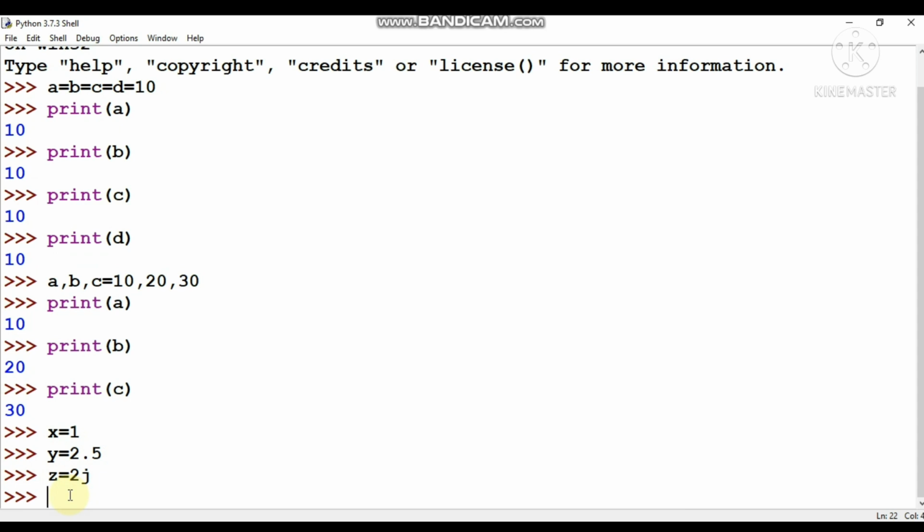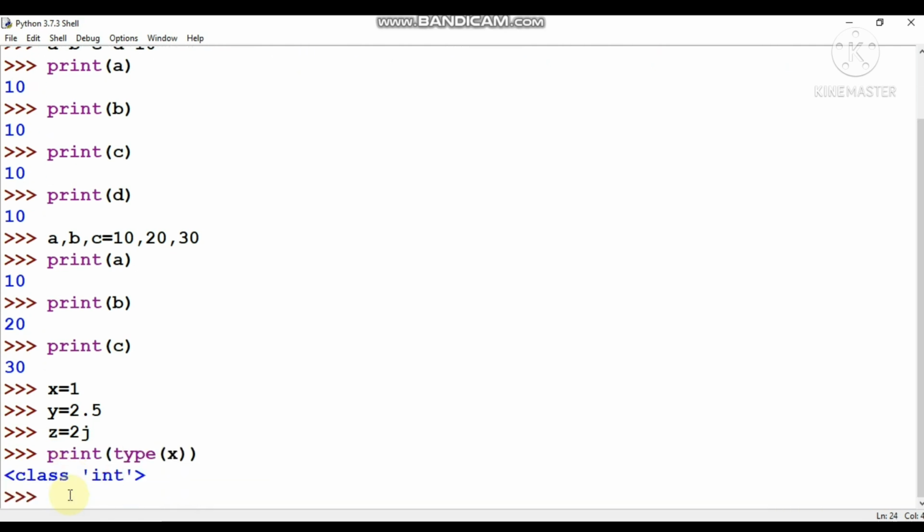How can you see the type of data? I have discussed the type function: just pass the variable whose type you want to know and press enter. Here it will return integer. In the same way, print type of variable y, it will return float.